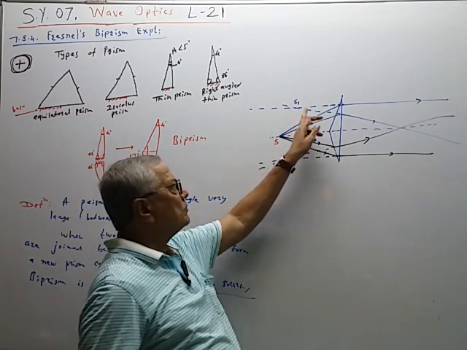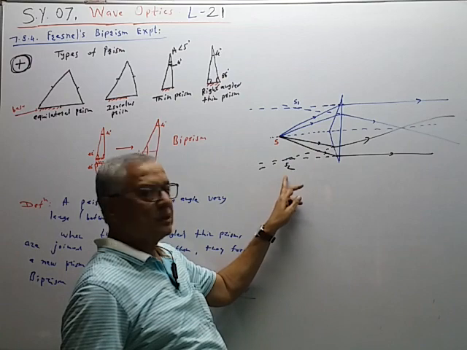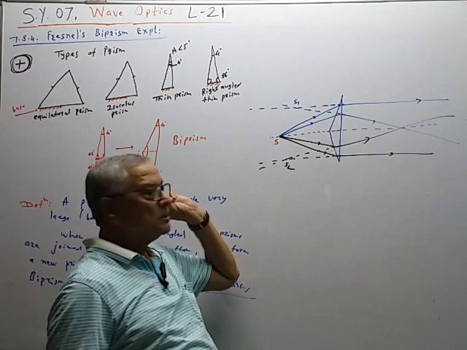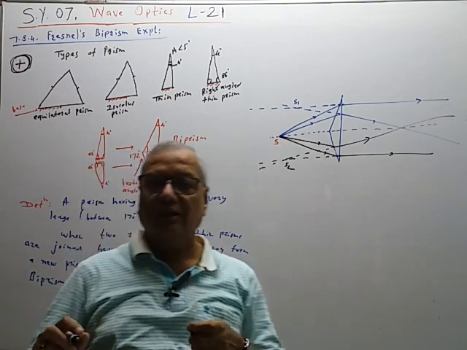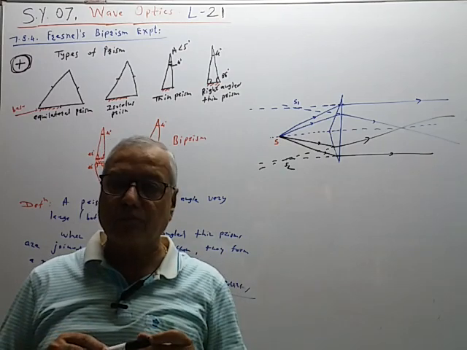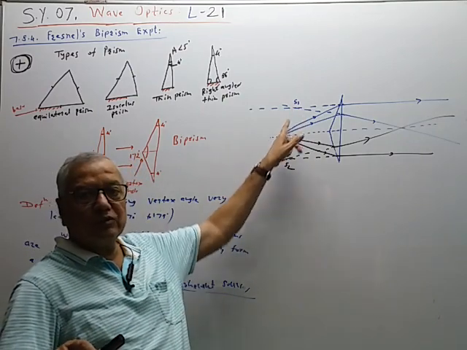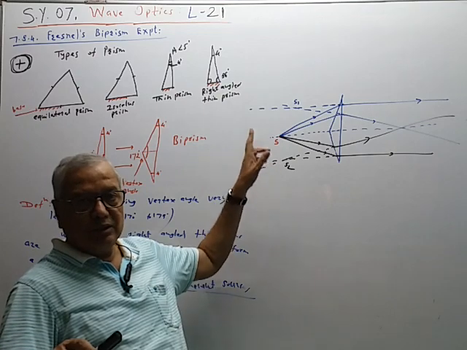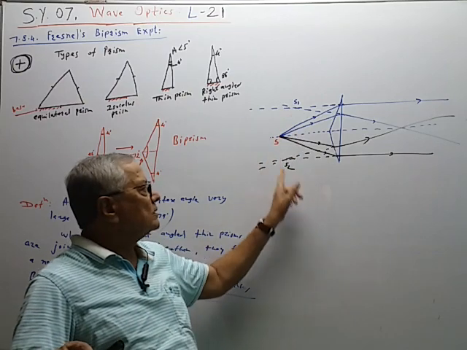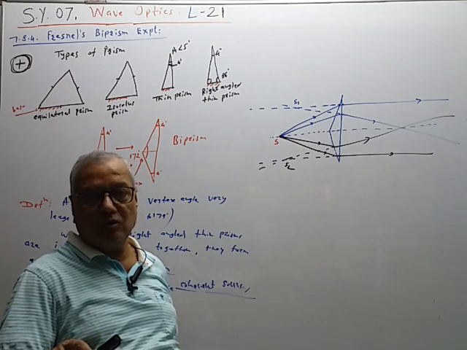S1 is a virtual image of S formed by the upper half part of the biprism, and S2 by the lower half part of it. So S1 and S2 are the two virtual images formed by the biprism of the single source S. These two sources, S1 and S2, are virtual sources, but they are obtained from one and the same original source, therefore they are called coherent sources, because they have a constant phase difference depending upon the distance between SS1 and SS2. So distance SS1 and distance SS2 will decide the phase difference, but it remains constant.